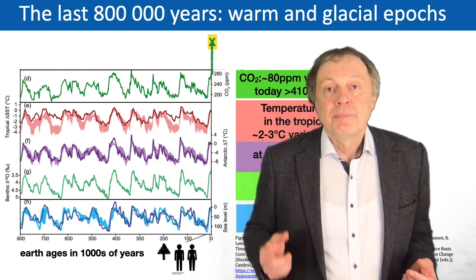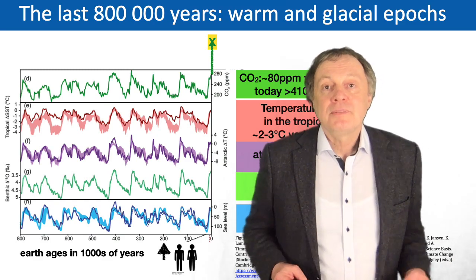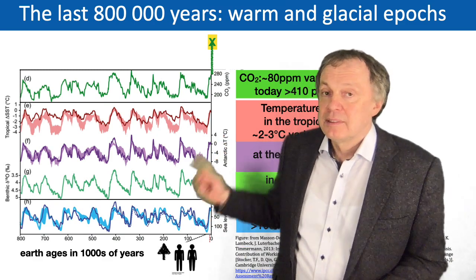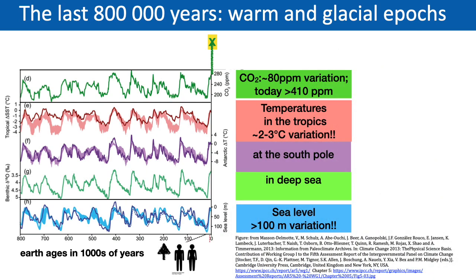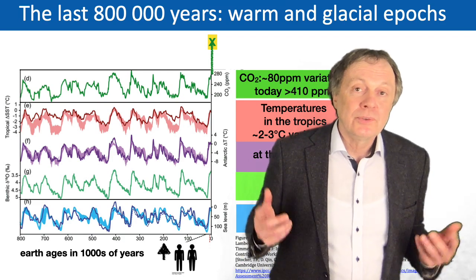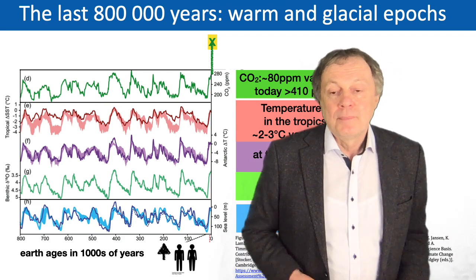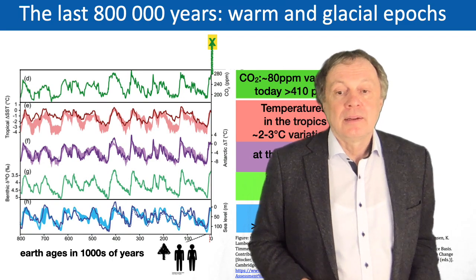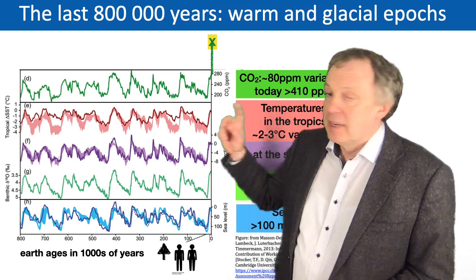The thing you should remember here is the sea level variation is about 100 meters. So it's not a few centimeters like you see it today. It is really 100 meters higher or lower depending if there's a glacial period or a warm period. So this is a huge effect for our living here on this planet. Now let's come to the upper curve.